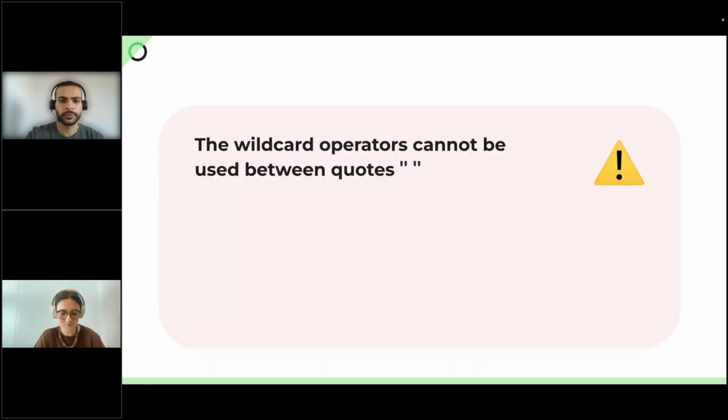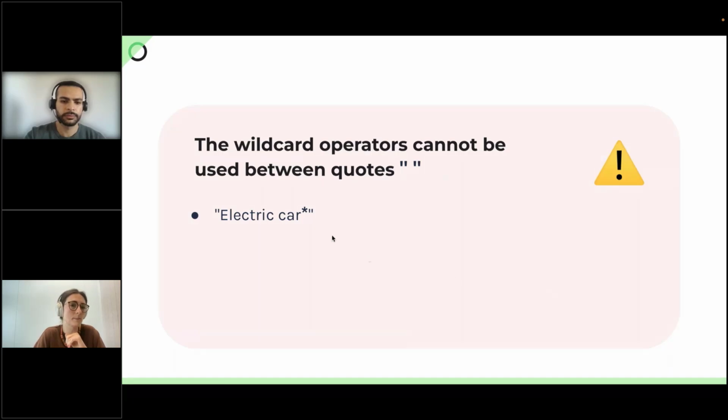Okay, so once we know how the wildcards work, we immediately see why they are so useful. However, be careful, they cannot be used inside quotes. Actually, no operator should be used inside quotes. So let's say that I have electric car, because it's a multi-word term, I correctly place it between quotation marks.